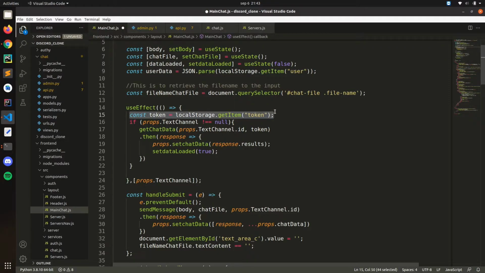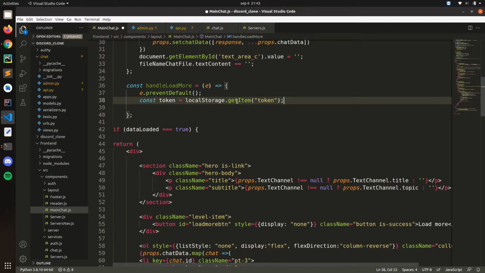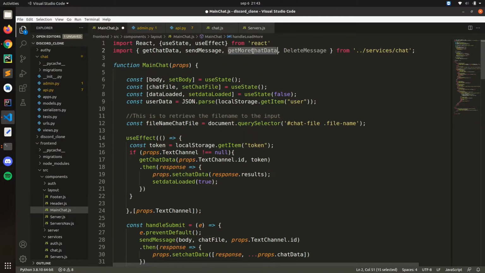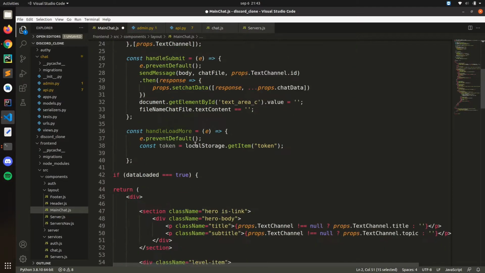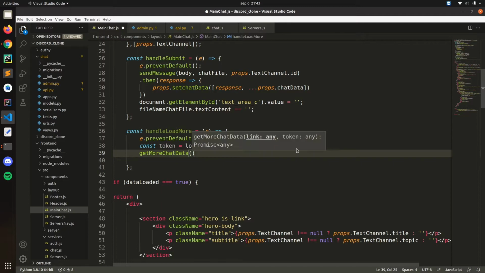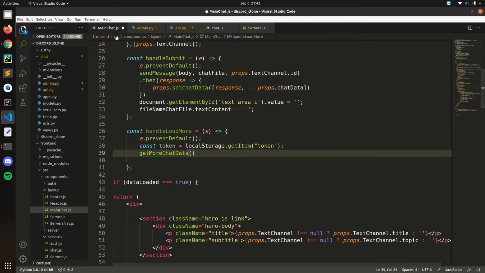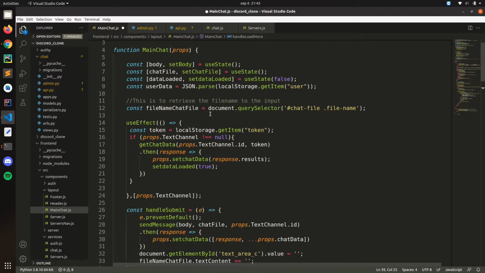because we need to pass the token. And also we just need to copy our get more chat data and paste it here. And remember, chat data takes a link and a token. And you might be wondering, what is that link coming from? Well, when we call get more chat data in our hook,